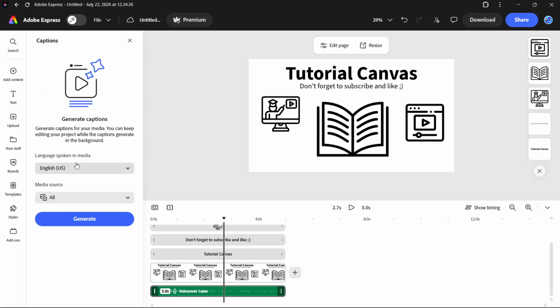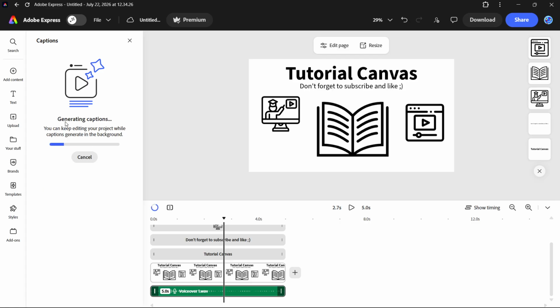You want to select your language spoken in media and then the media source as well. I'm just going to select audio here, and you want to click on Generate. Now it's going to start generating your captions for you automatically over here. And as you can see, what's good about this is that these captions are going to be generating in the